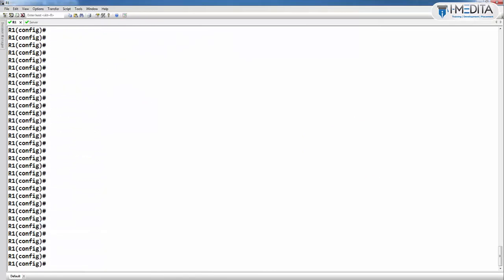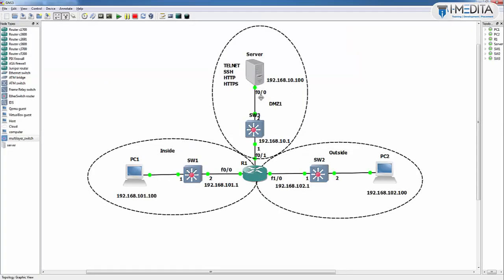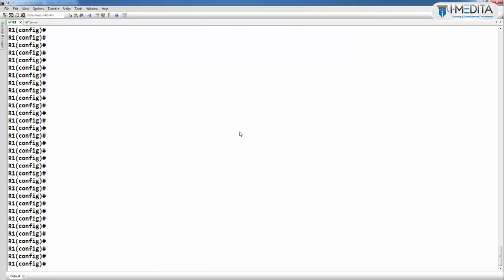Then for that, we can also do this task without ACL. How can we do it? Class map type inspect into DMZ1, class match